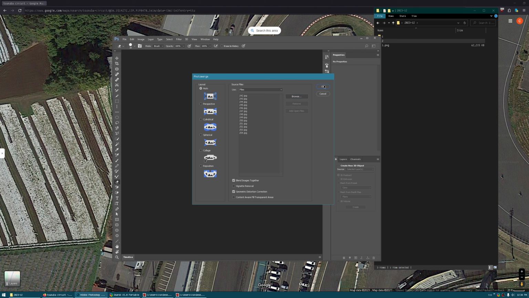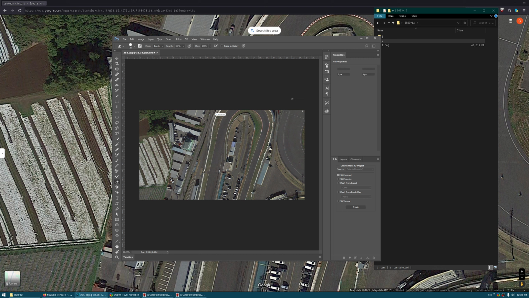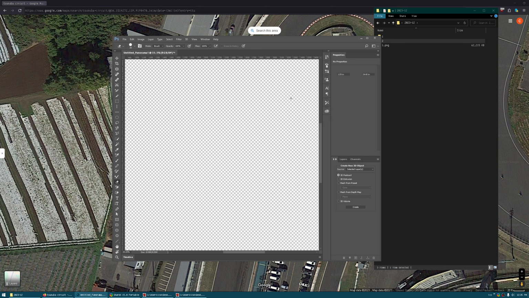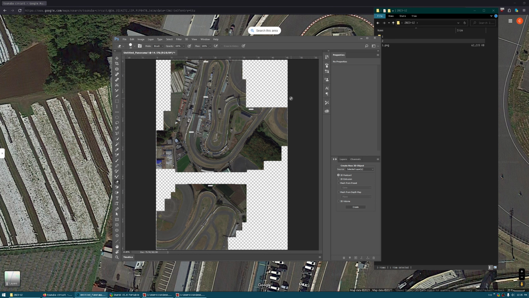Select Geometric Distortion Correction and click OK. Okay, we have at least the top part, so